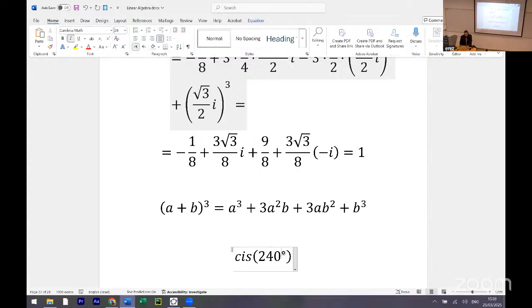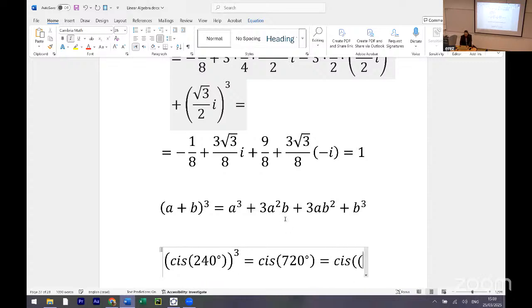And why does it work? It's obviously not 360 over 3, but for 360 over 3 there is only one answer. But what happens when you take 240 and multiply it by 3? You get 720. But what is 720, if not 2 times 360? It's the same thing as 0, right? So we got 3 different solutions